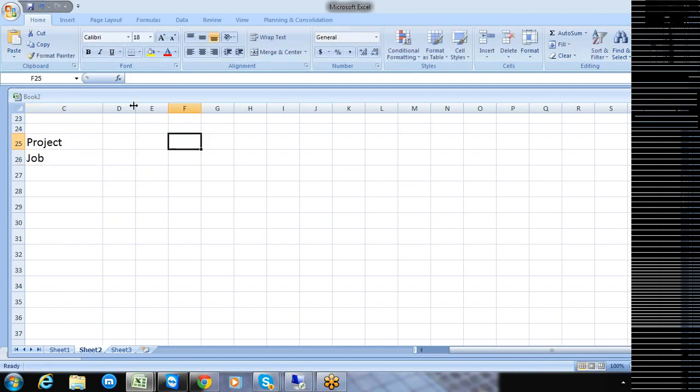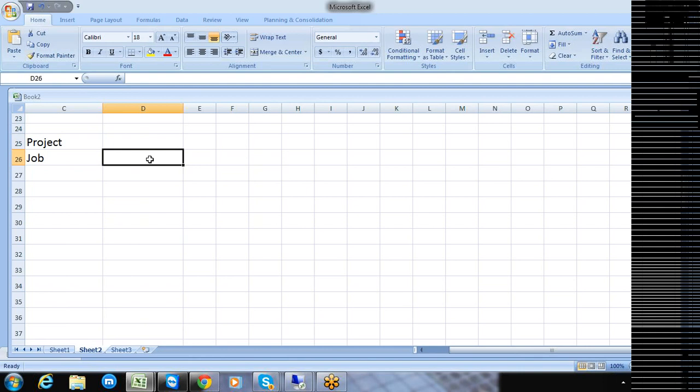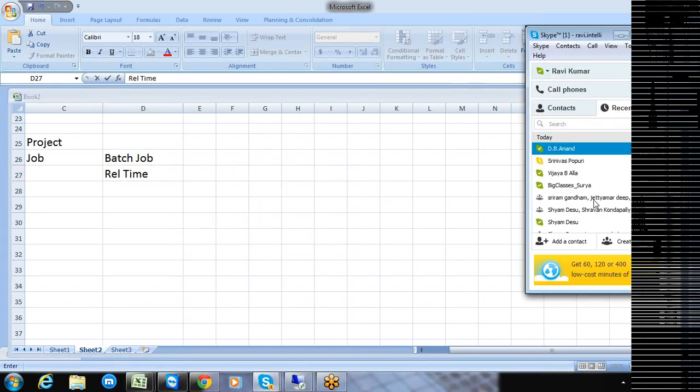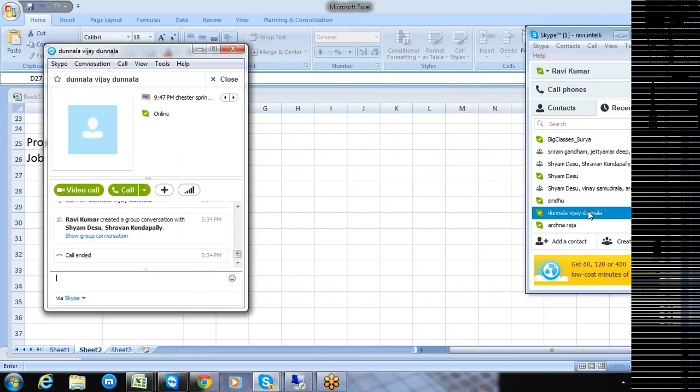Jobs are of two types. The first type of jobs are called batch jobs, and the second type of job is your real-time job. Let me tell you the main difference between the batch job and the real-time job. Please follow carefully. Generally, when you start this data loading, it will happen in a specific time window. Within that time window, the batch job is responsible for extracting the data from the source and loading the data into the target only once.